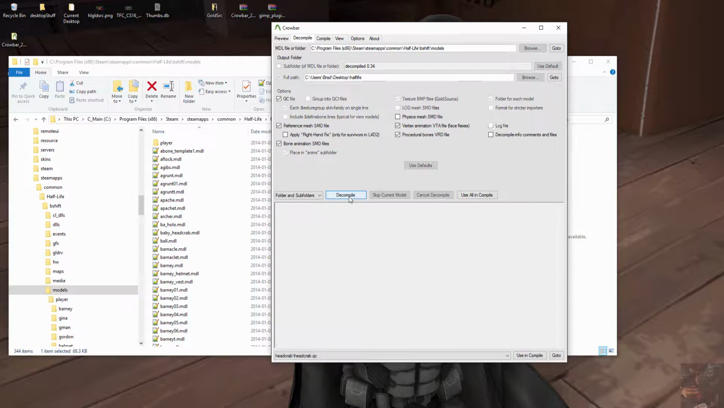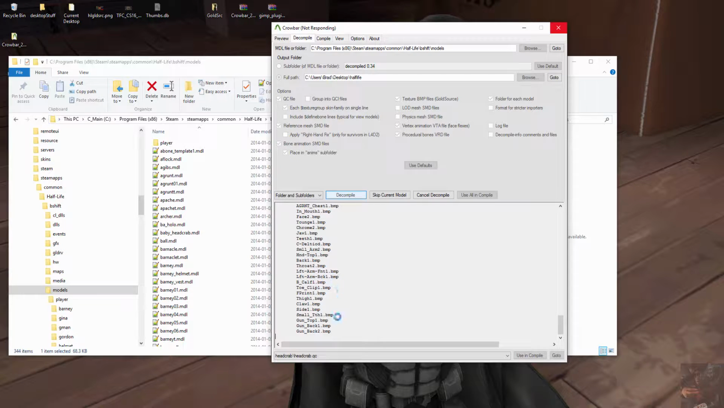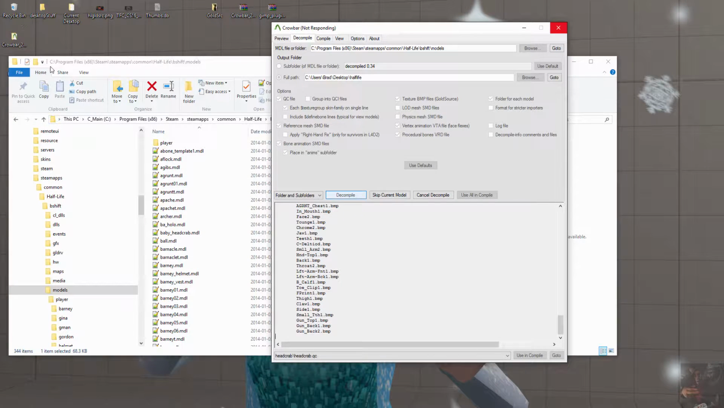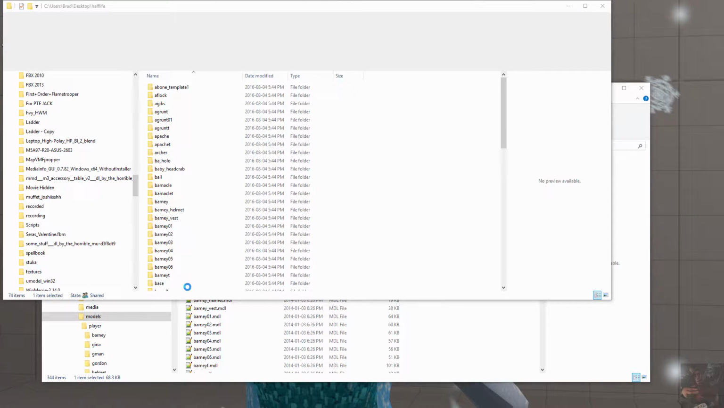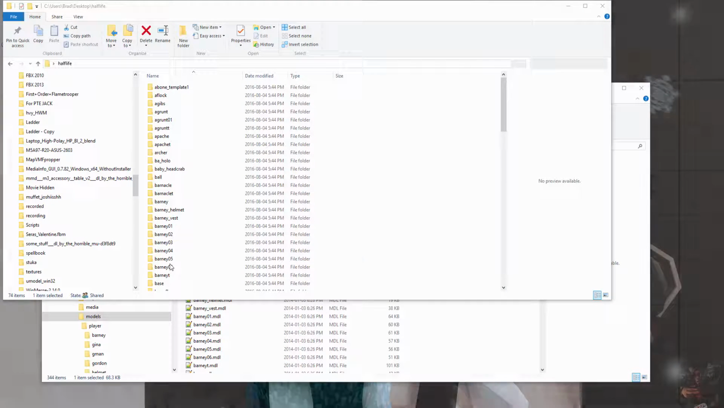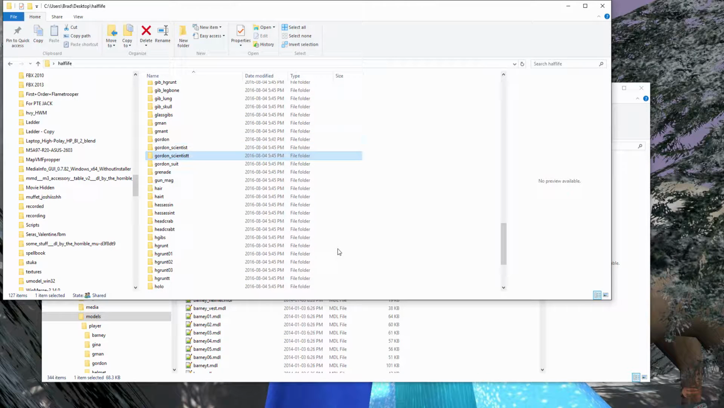Now this is going to take some time, and I'm going to have to log off here and let it run, but this is all those models being decompiled and being placed in this Half-Life folder. There they go. That I can now go into